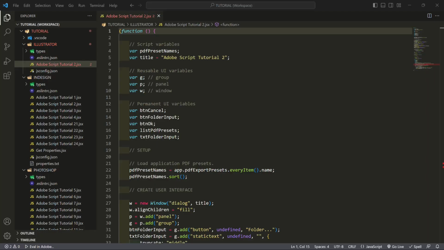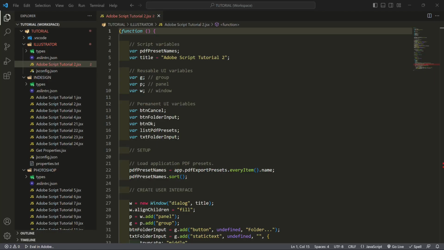Welcome to another Adobe Script tutorial. Viewers have asked, and now the time has come. We'll make a script for Illustrator. A viewer suggested making a script to output large format art and cut files. I have a script for this, but it's specific to a client that sends me large format work. I'll show how it's built and point out where to change the layer and PDF preset names.